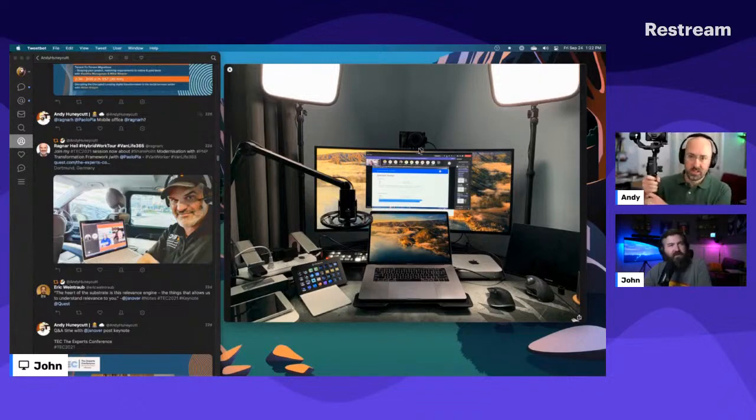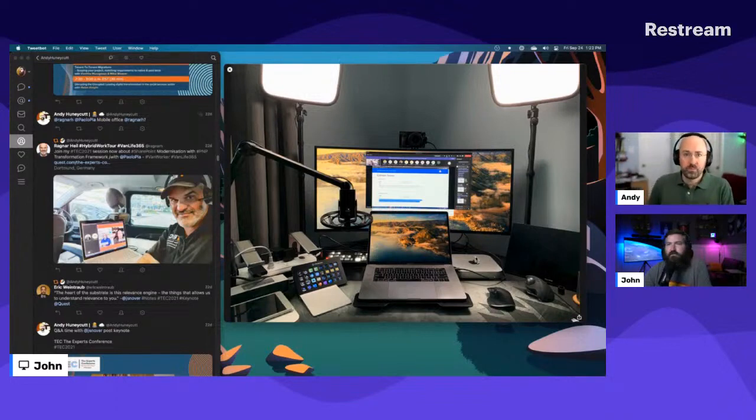Is that a cage on that 6500? The 6500 does have a cage on it that helps to keep the HDMI and the dummy battery cables in as I move the desk up and down. And it also helps to mount it. The cage itself has a quick release plate on the bottom, and then I've got a quick release attached to an Elgato arm in the back so that the camera comes up over the top of the monitor and I can get that nice video feed coming in.